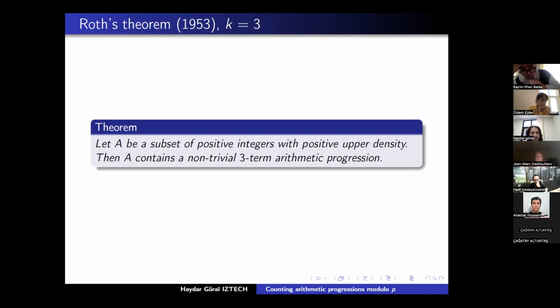And the second one came from Szemerédi, who proved the same thing: if A is big enough, if its upper density is positive, then you can find a four-term arithmetic progression in your set. But what about the other lengths? So then, after